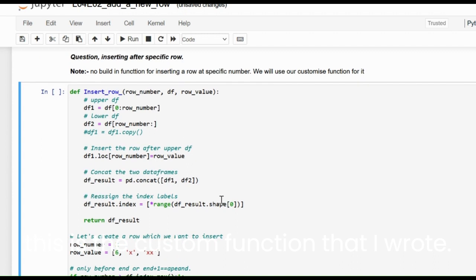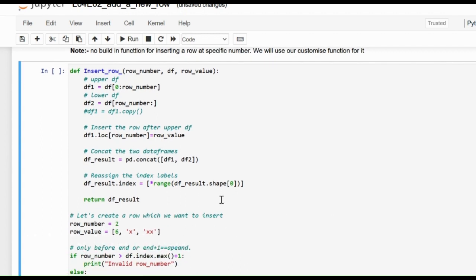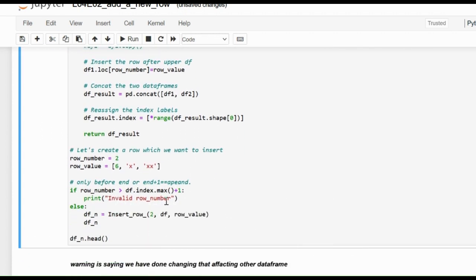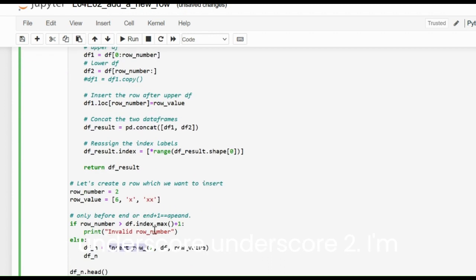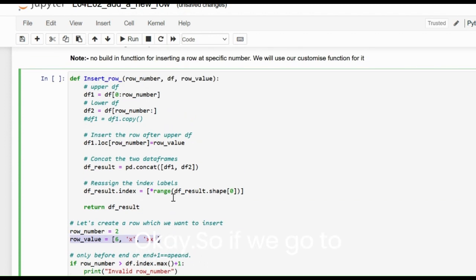So this is the custom function that I wrote. Basically it's saying that I'm passing at location number 2 there is a function. The custom function name is insert_row, and I'm passing that at the index of 2 we have to insert a row of values. So row values are these, right? Okay, so if we go to the insert_row function,